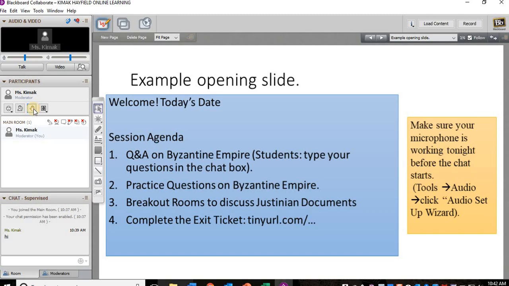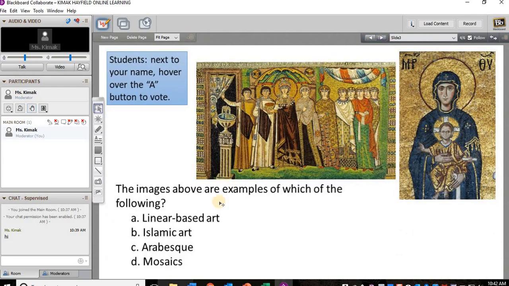Then I might ask a couple of multiple choice questions on whatever topic I want. So for that, we would just advance the slide, and here's a multiple choice question, just like you might show on a regular classroom slide. Students, hover next to your name, hover over the A button, right, because I've already set it up, and they're going to vote. So the correct answer, reading the question,